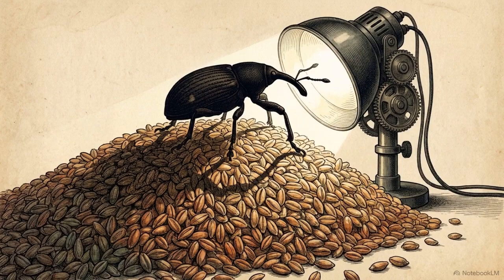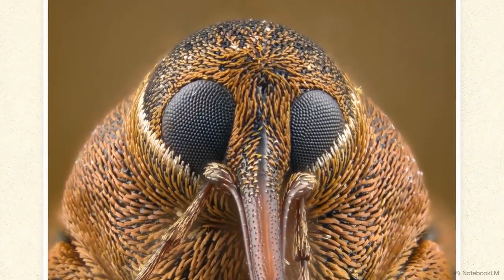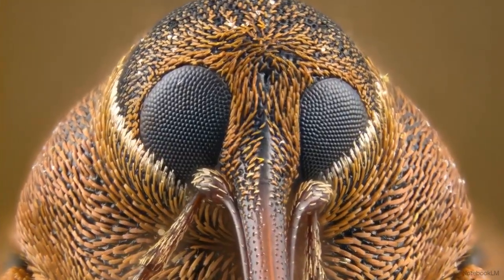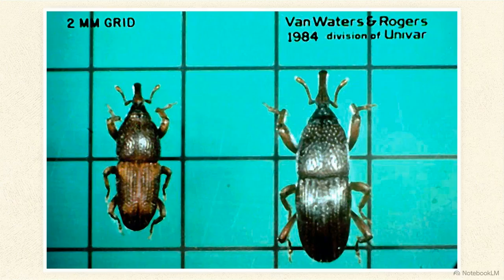The primary and most destructive internal grain feeders are true weevils, belonging to the family Curculionidae. True weevils are defined by two distinct diagnostic features: clubbed antennae and an elongated snout called a proboscis, which they use to bore directly into the center of hard grains. This scale comparison illustrates a common diagnostic challenge, distinguishing the rice weevil on the left from the granary weevil on